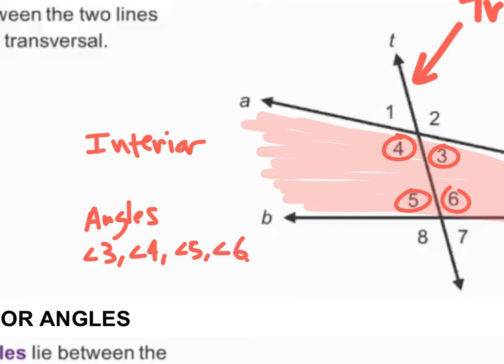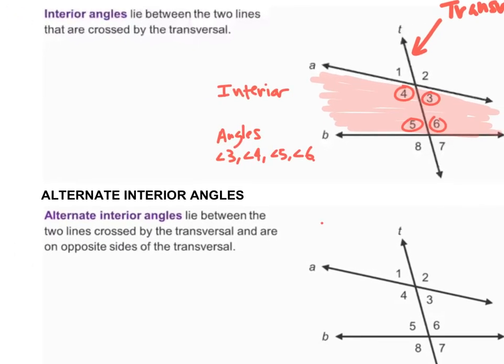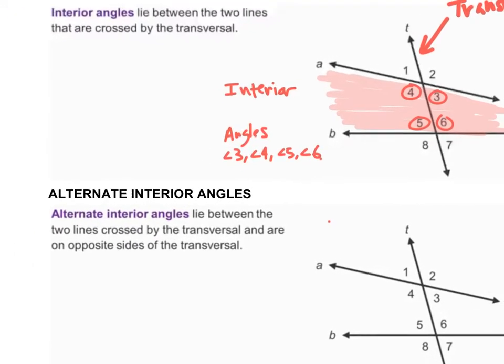angle 6, okay? So, just because we have interior angles that lie on the inside, we have specific things about interior angles, okay? And one of those is called alternate interior angles. So alternate interior angles lie between the two lines crossed by the transversal and are on opposite sides of that